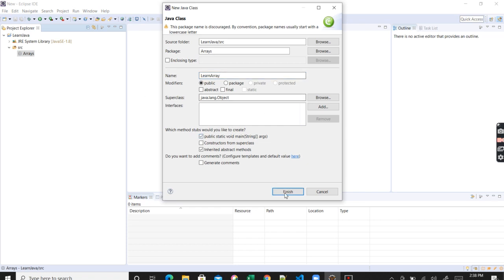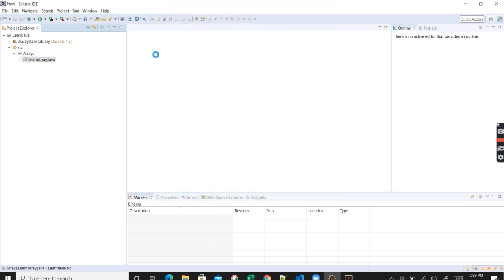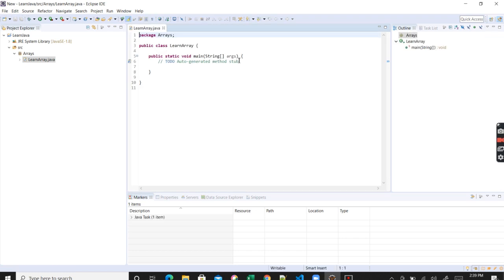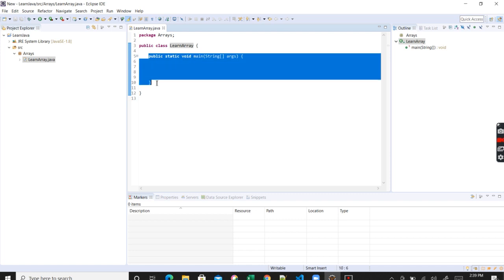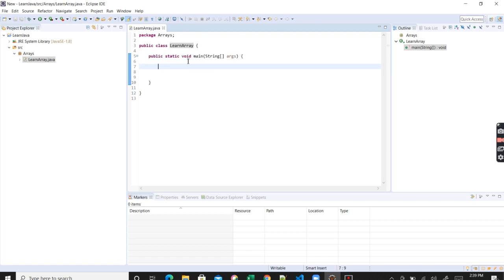I will select public static void main and then finish. Now I've created a plain class. It doesn't have anything. The name of the class is learn array. It has only one method, that is the public static void main method, which is required for us to run any Java program if you're using this way.